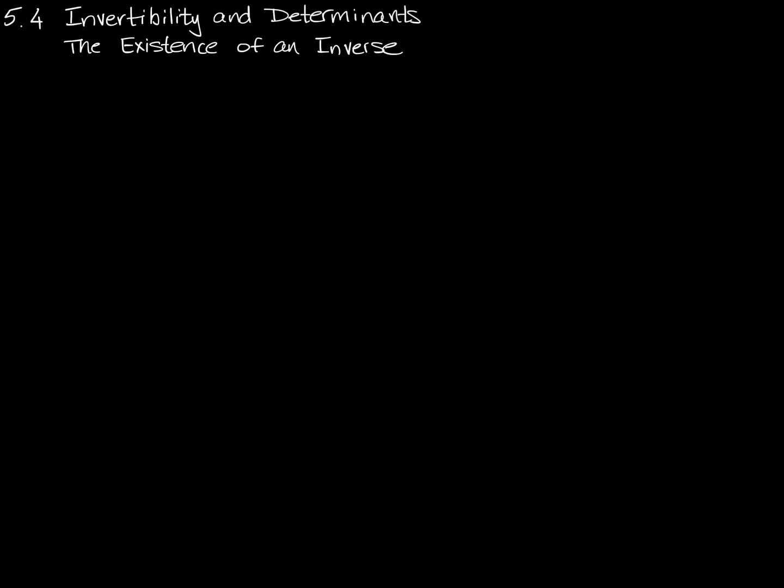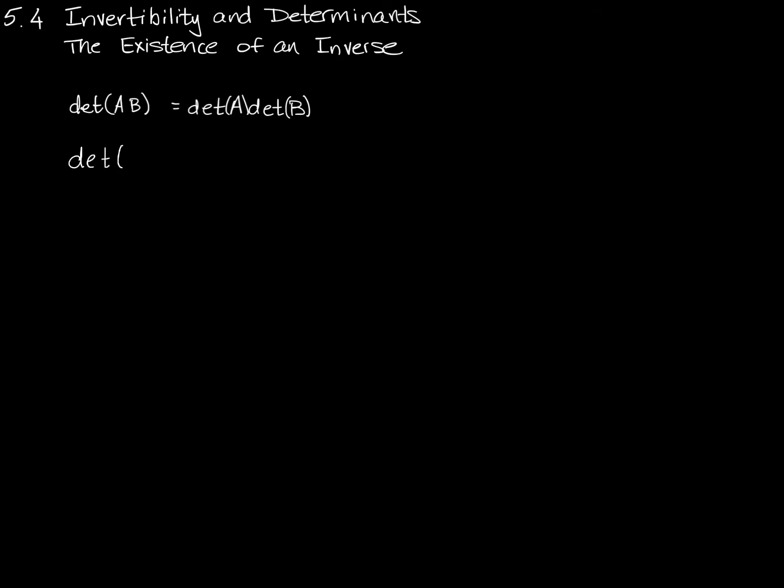In a previous video, we looked at the idea that the determinant of a matrix product was equal to the product of the determinants of the two individual matrices. So we have that the determinant of the product AB, where AB is a new matrix, is equal to the determinant of A by itself times the determinant of B by itself. What happens if